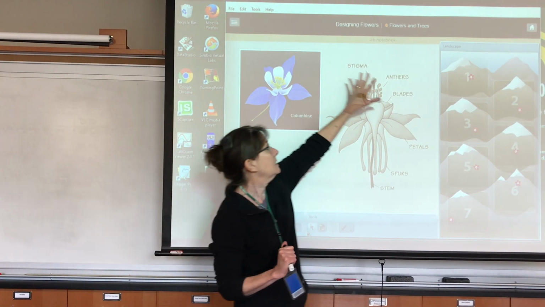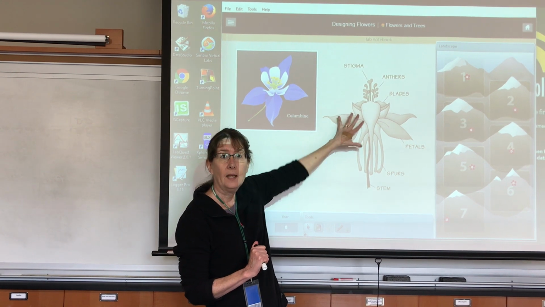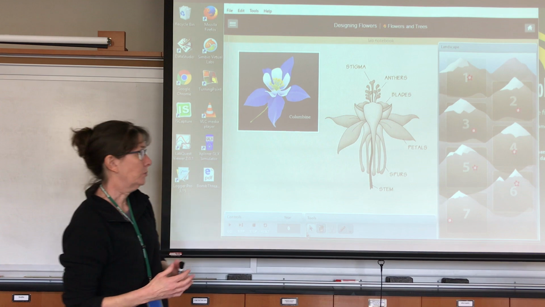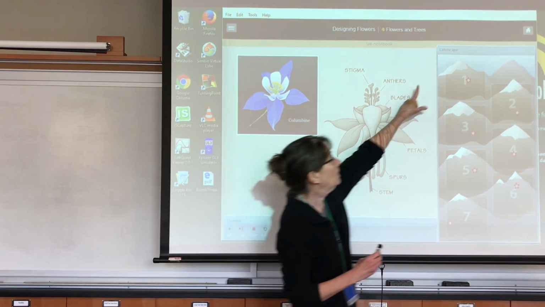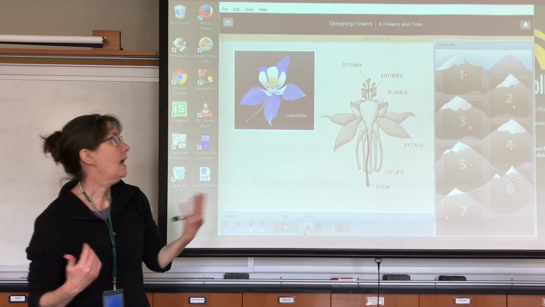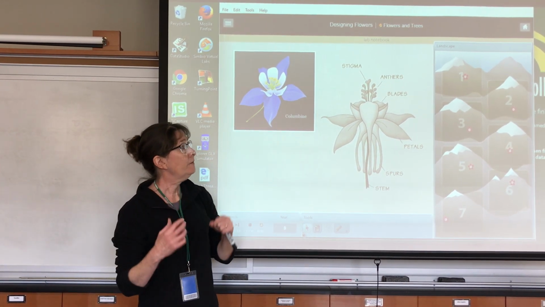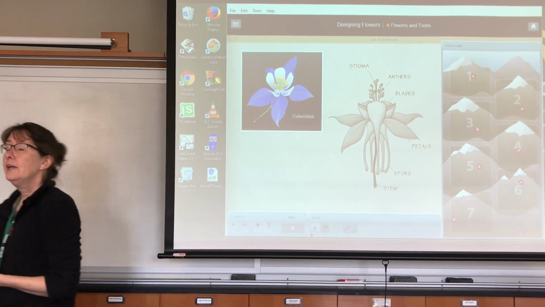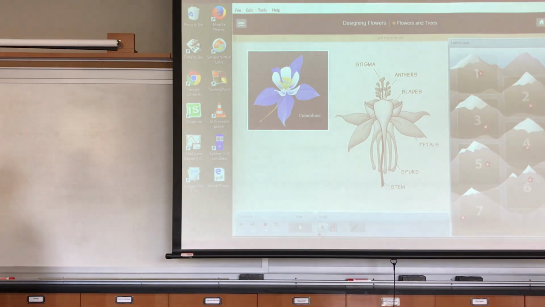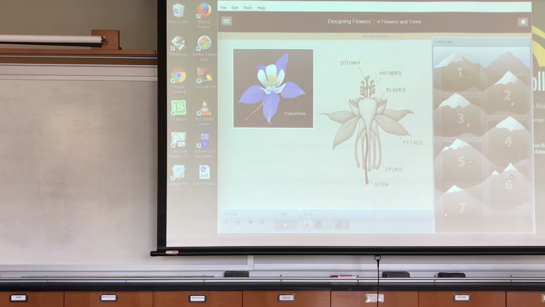We're going to focus in this lab on changes that can take place in the flowers. Changes can also occur in the leaves, the stems, the roots. Over here, you have different mountain peaks that are going to have columbine flowers growing on them. The first part of your lab is just to get used to the different parts of the flower and what can change. So when you click on one of these flowers,